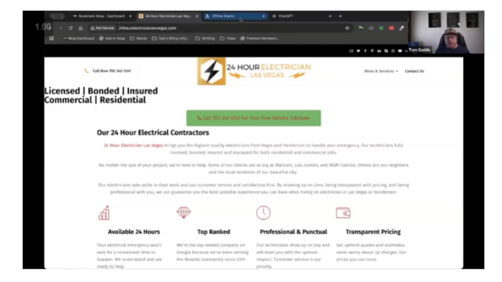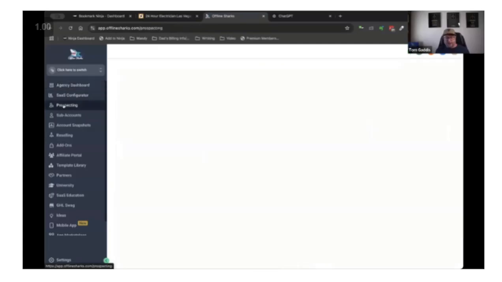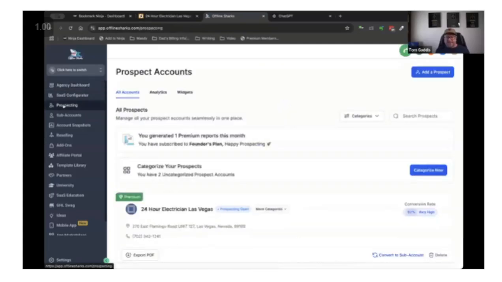Well, look, I'm going to go over to High Level. Everybody see this? I'm going to go right down here to the third tab, prospecting. All right. This is the High Level prospecting tool. Now, I did this because it takes a couple minutes and I didn't want us to, I know we're short on time, but I'm going to show you how this works.